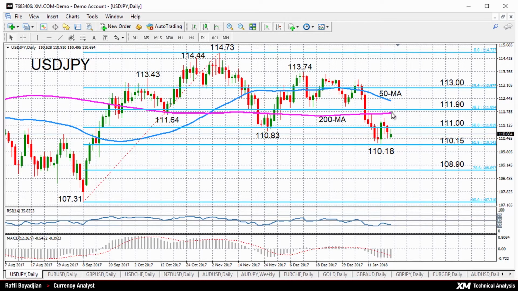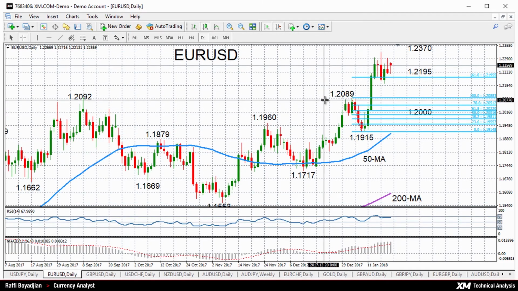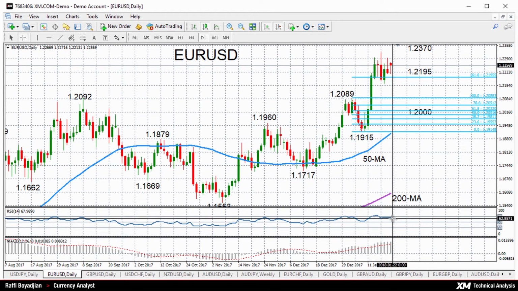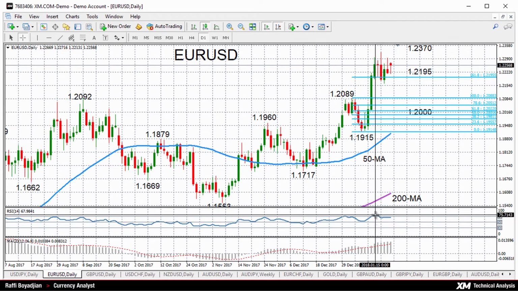we could see the pair targeting the 111.90, 38.2% Fibonacci level, and then it would be able to target the 50-day moving average, currently around 112.33. Moving now on to euro dollar, which is still looking bullish at the moment in the near term, although